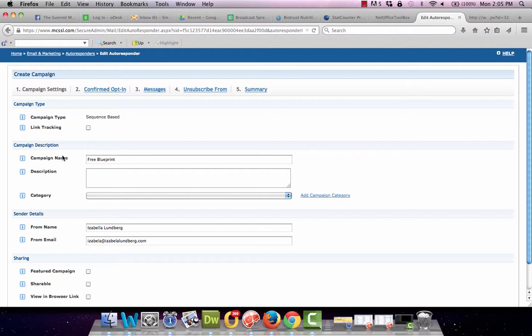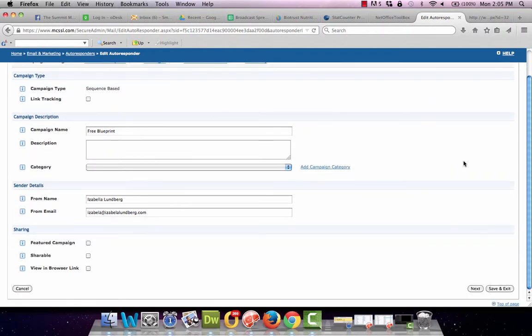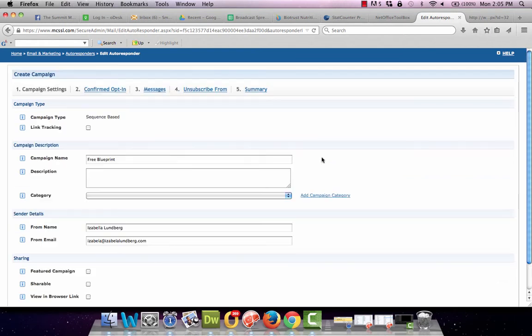It's just not worth it because there are so many other steps you have to do to get them to confirm, and then if they don't confirm, they're not even on your list, which is ridiculous. The good news, like I said, is that I've tested it and I have not seen much of a difference at all, very, very minimal. So anyway, here it is, and now we don't need that